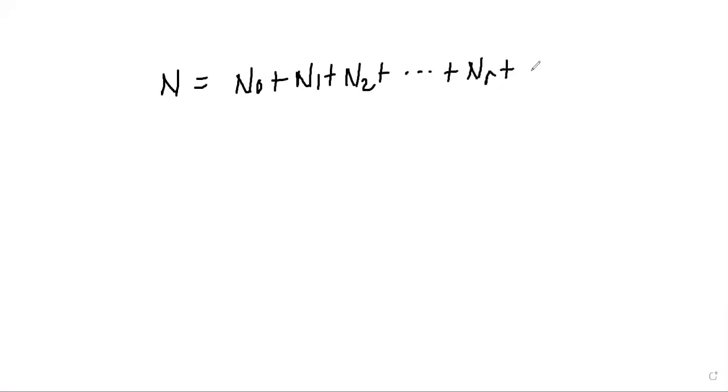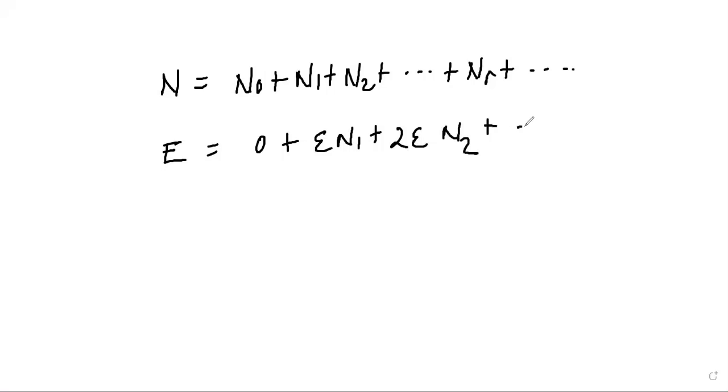Let me just rewrite this again. So N equals n0 plus n1 plus n2, plus up to nr, and further whatever number of oscillators. And total energy E is given by 0 plus E times n1 plus 2E times n2 plus 3E times n3 plus rE times nr plus so on. Now, according to the Maxwell-Boltzmann distribution law, the number of oscillators with energy rE